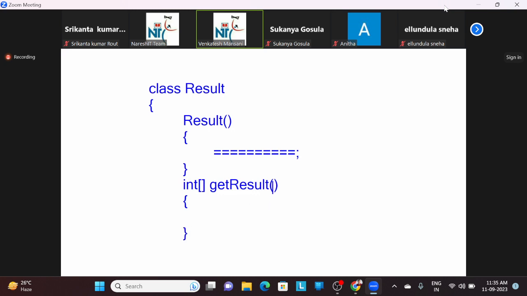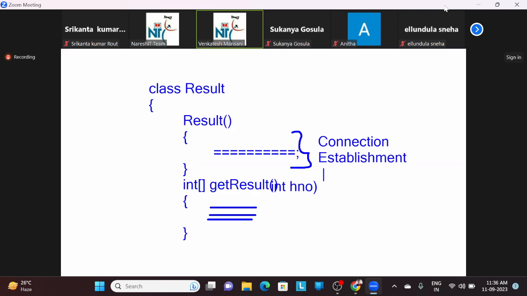Here some hall ticket number will pass. Integer hall ticket number. Like here we'll write some code. You observe, now this code is connection establishment code. Okay, this code is checking hall ticket number, otherwise just task code. Now connection establishment code I'm writing in the constructor, and get result with this hall ticket